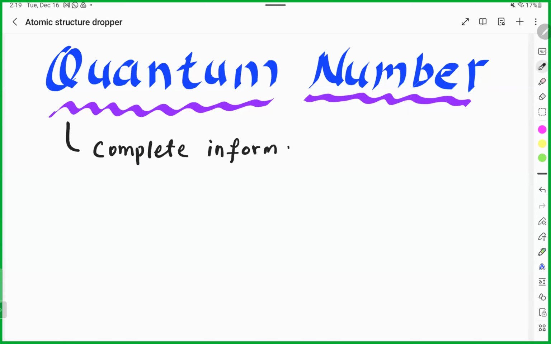Why? For example, if I want to explain your position, there could be four factors: country, state, city, and area. Correct? And if I make it more precise about an electron in an atom,